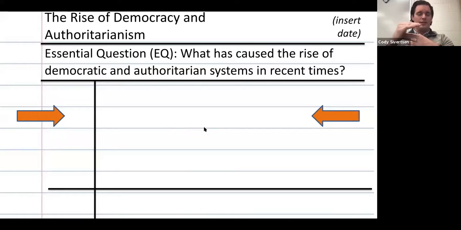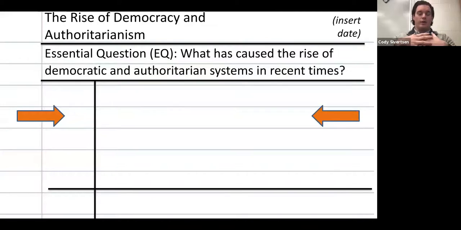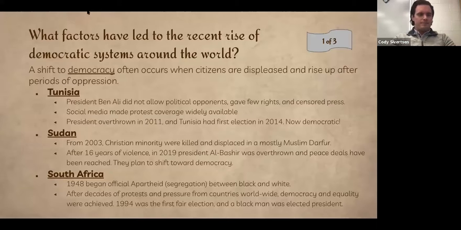Nice and organized. The kids end up loving it later. They despise it early in the year, but later in the year, when they have a nice organized notebook where they can easily find all the topics we've taken notes on, they love it. So they'll see, oh, okay, I took notes on factors that contributed to the rise of democracy. So that's how I lay out Cornell notes. I don't know if that's traditional Cornell note-taking style, but that's how my students take them.